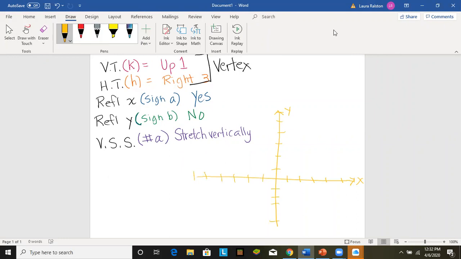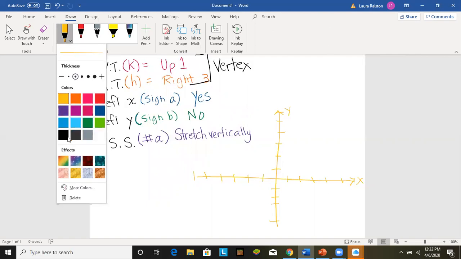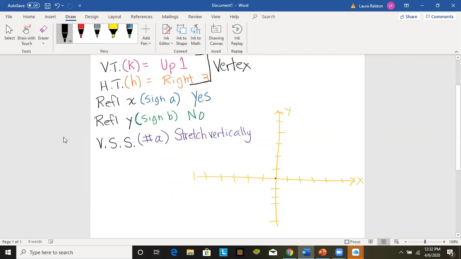Okay, if I think about what the basic parent graph originally looked like, remember our basic parent graph is centered at 0, 0,